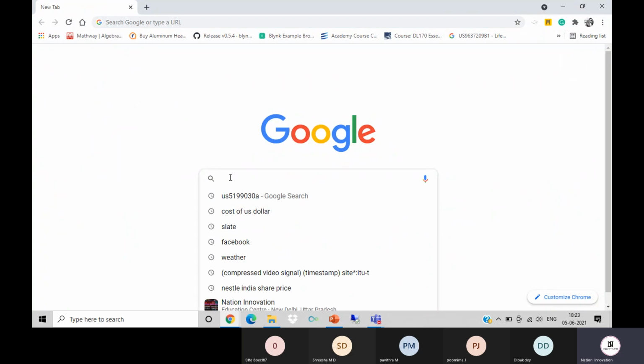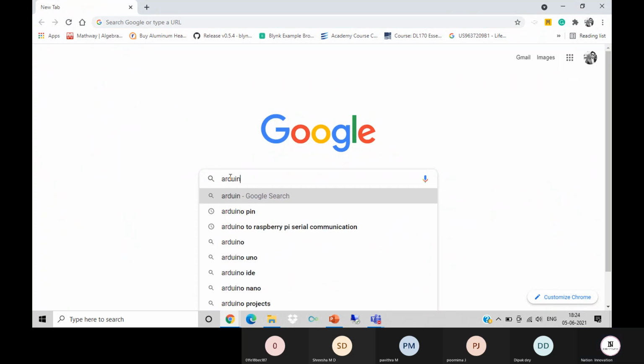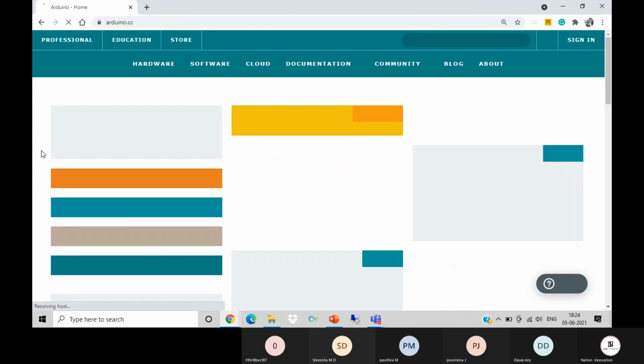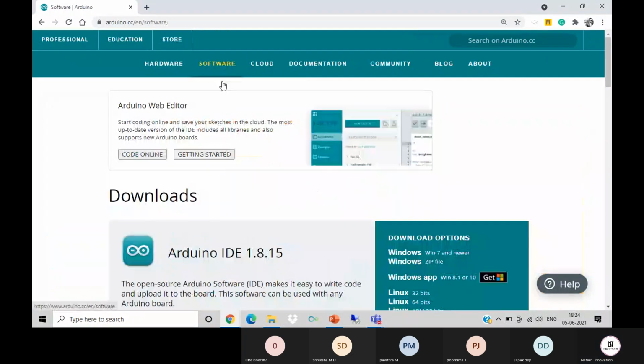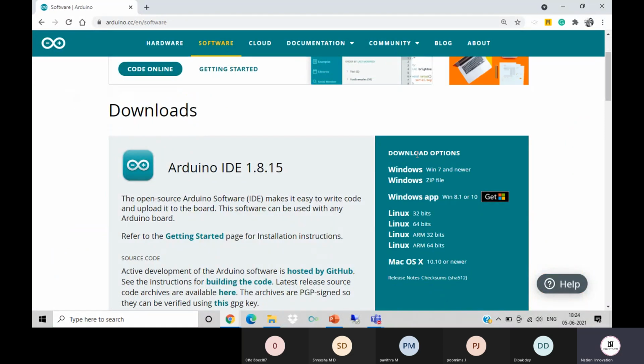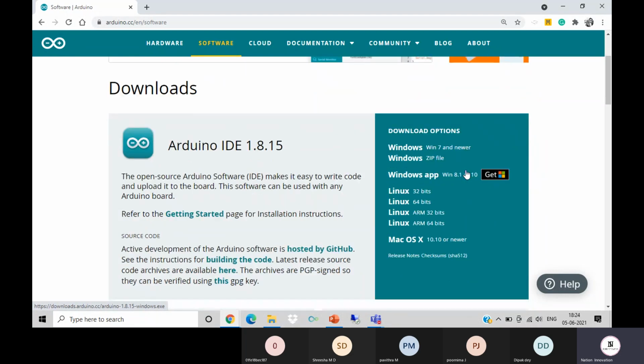As we go to Arduino.cc, this is the Arduino main site, and in the software section, when we click, this is the option. Anything Windows 7 or newer, you can download to your laptop itself.